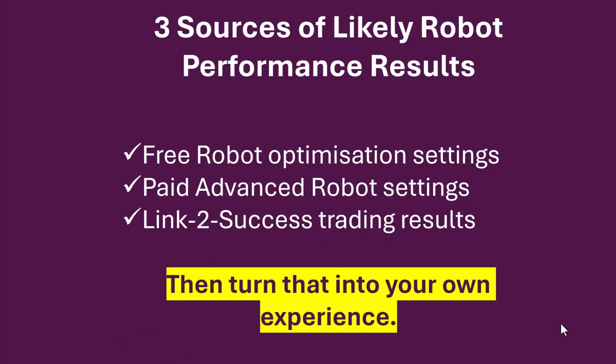So how do you get information about a robot that you want to purchase or that you want to trade, and make a decision about what robot to use and which currencies to use? I'm going to show you 3 sources of likely robot performance results that will guide you in these decisions. Firstly, we're going to be looking at some free robot optimization settings. Then we're going to look at some paid advanced robot settings. And then we're going to be looking at the link to success trading results. And at the end, I'm throwing in the most important thing: how to then convert that information into your